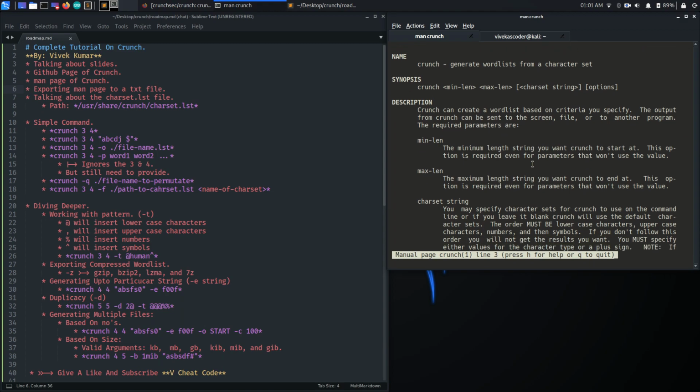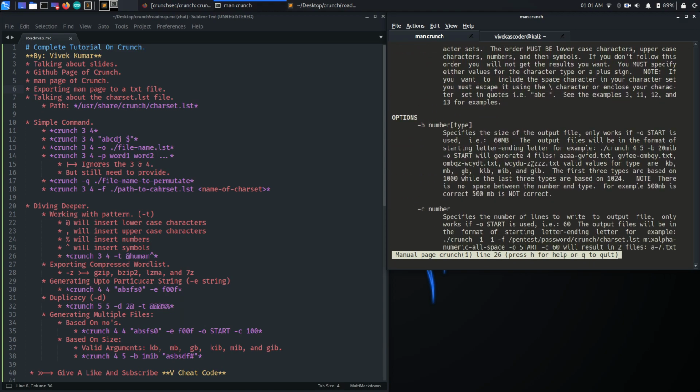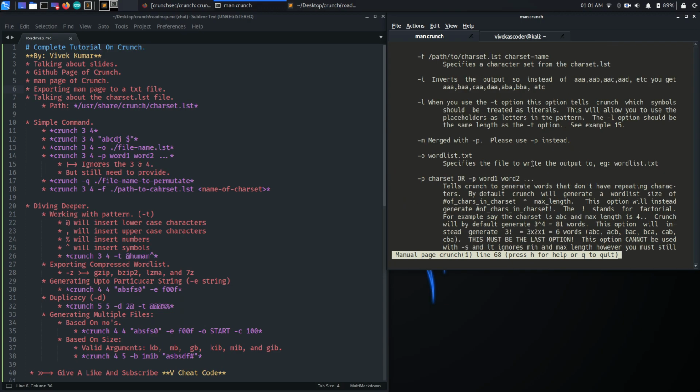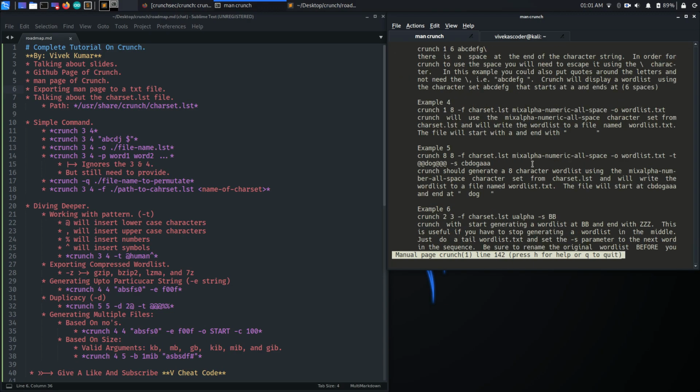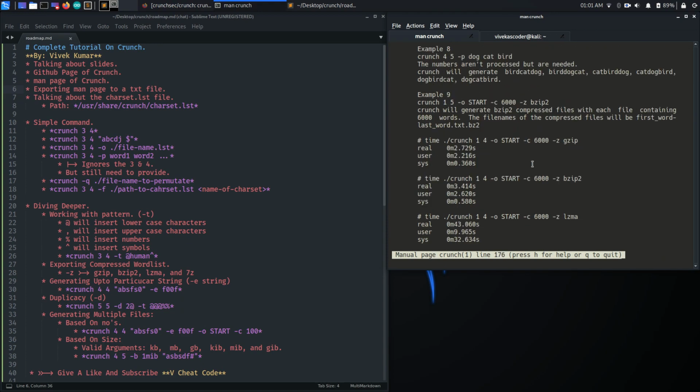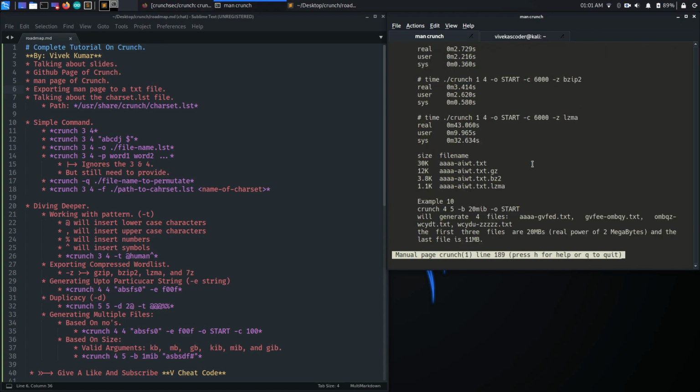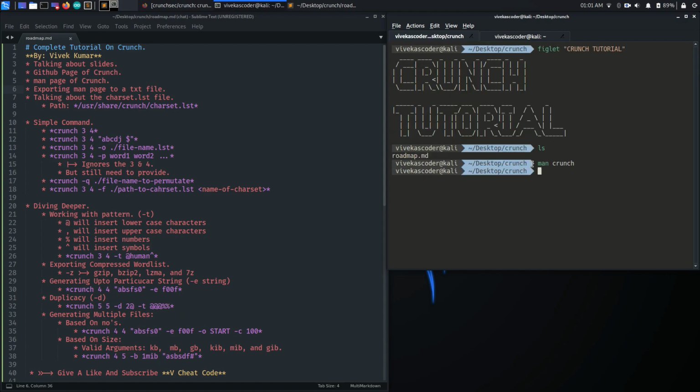So name, Crunch, description and other information, some options. These options are pretty important. And then examples. So it actually covers everything about Crunch. If you're willing to learn from this man page, you can do so. Otherwise I'm going to cover every single command in this tutorial, right?